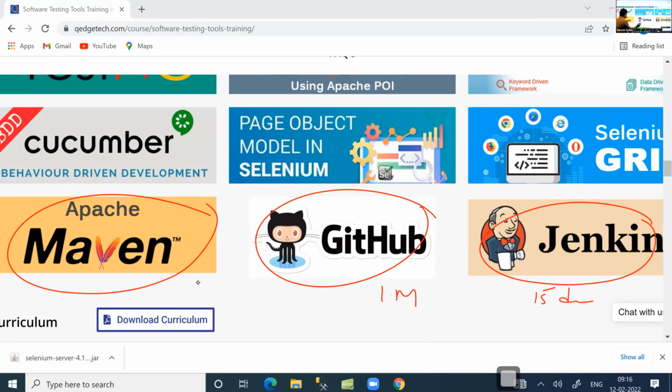And Maven is a very simple tool. Then Kubernetes and all. You are not a DevOps engineer, correct? And also you have not joined for the DevOps course. So my concentration is on Selenium training, not on Maven training, not on Jenkins training, and not on GitHub training. But every IT professional should have the overall idea about what is what and how we use them in automation